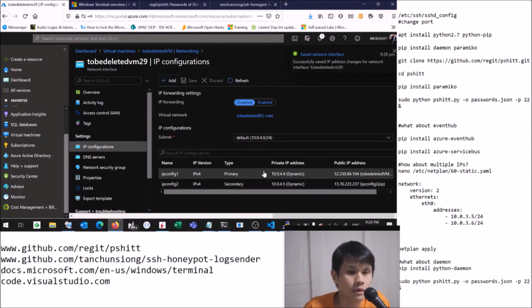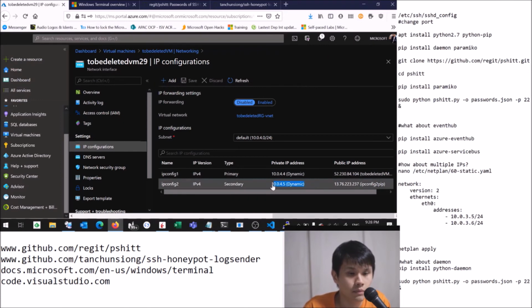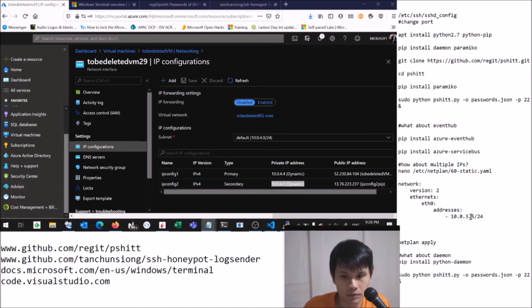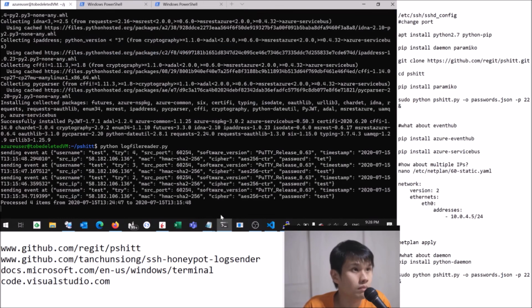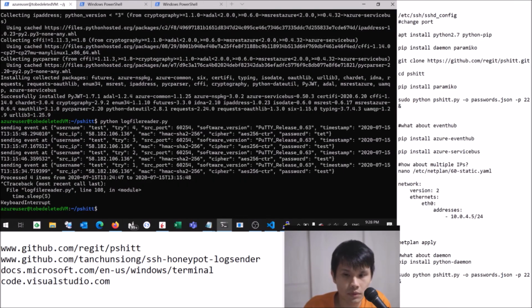Once this has been assigned, we want to copy the private IP address and utilize it over here. So in this case, it will be 4, 5. The Linux machine itself does not realize that there is an additional IP address associated with it. So the part to instantiate it will be, let me stop this for a while, to create a